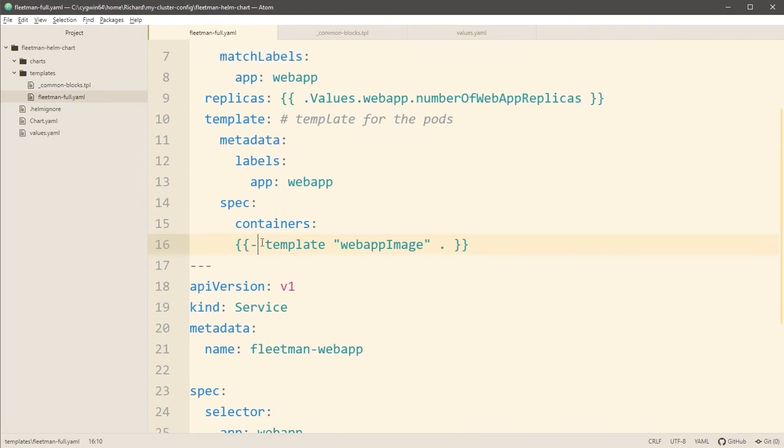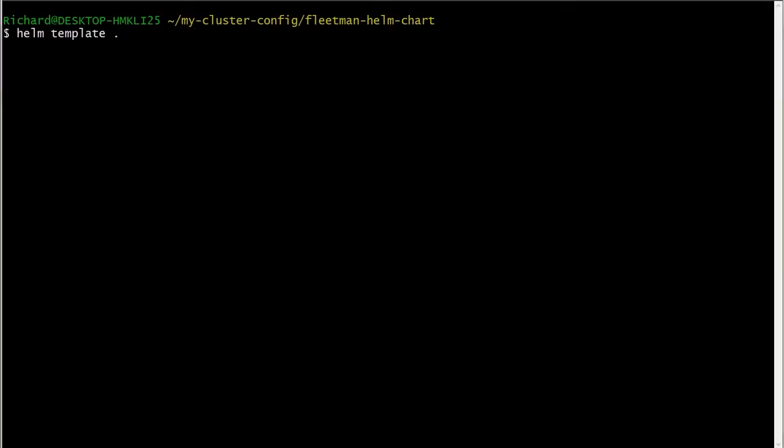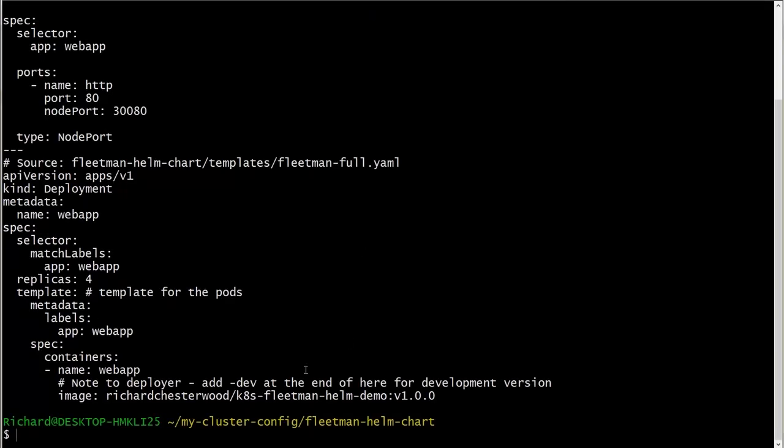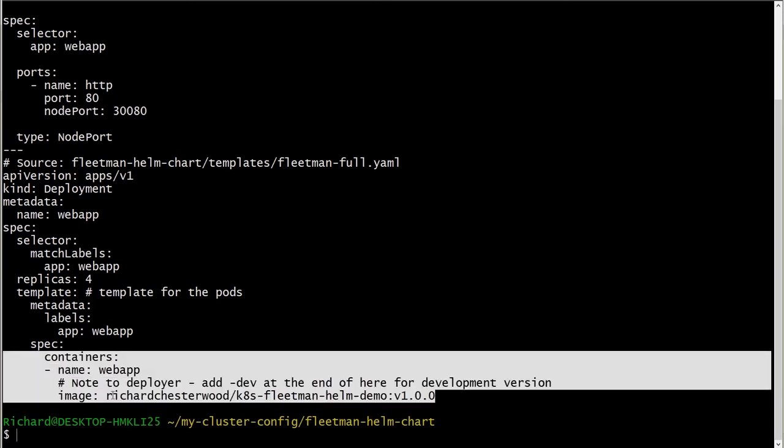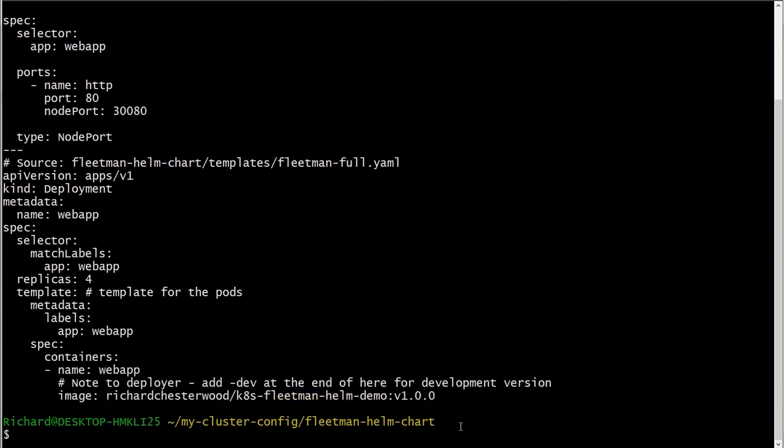Whenever you see blank lines, it's probably because you've got a Go action that's leaving a blank line behind when it has been processed. Just use this dash sign. And if we check the difference now with Helm templates, you can see now, I hope, that that is looking a lot better. It's looking a lot more like professional YAML. So that's one of the problems. That was a minor problem, really.